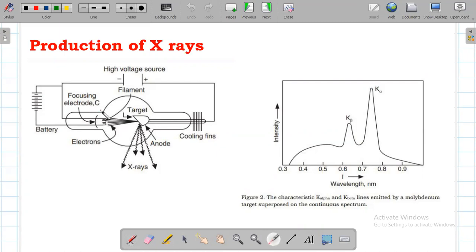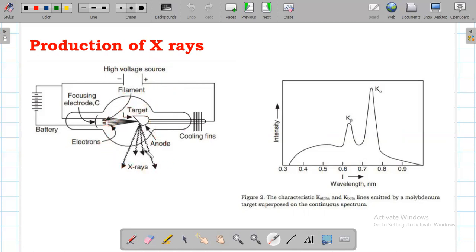Dear student, first draw this tube, then explain the tension battery, the purpose of this focusing electrode, then the filament, then the purpose or application of this target, and then explain the high voltage source in terms of numeric value, and then write